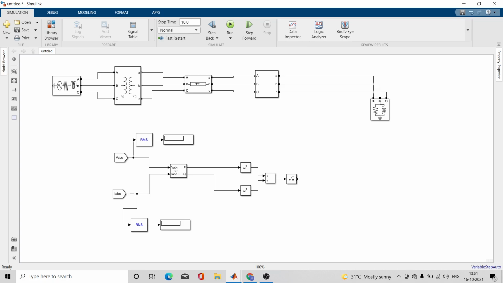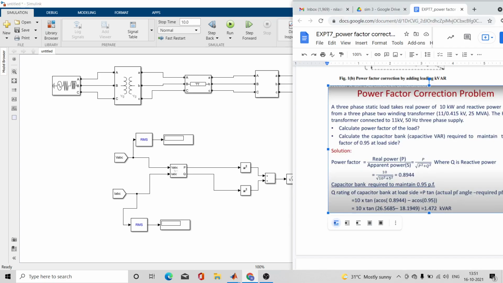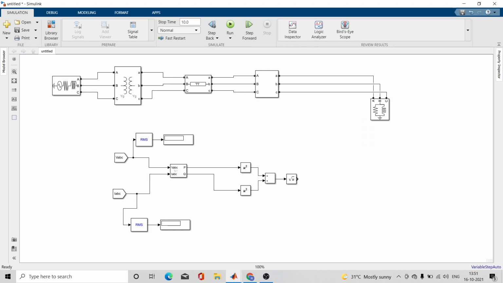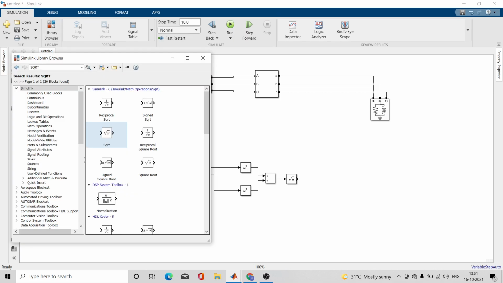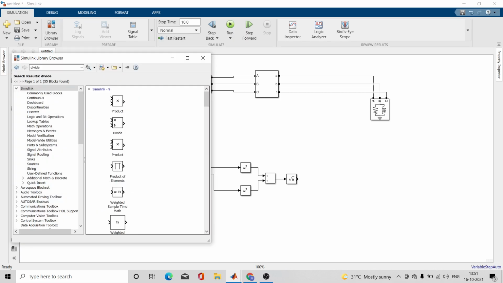So now you have square root of p square plus q square. But what is the formula to find out the power factor? Real power upon square root of p square plus q square. So you have square root of p square plus q square with you, so you need p upon it. So you will take p upon, but you will need a divide option. Yes, you need divide,